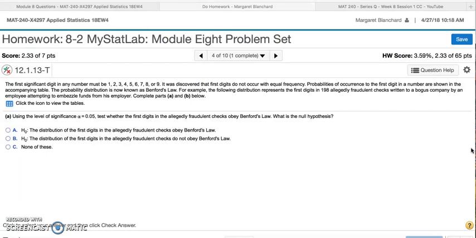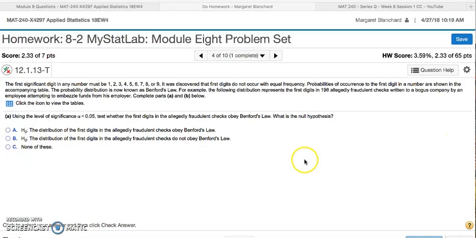It was discovered that first digits do not occur with equal frequency. Probabilities of occurrence of the first digit in a number are shown in the accompanying table. The probability distribution is known as Benford's law. So basically what we're saying is, even though you might think that the first significant digit would have an equal probability, it actually doesn't. It follows a probability distribution known as Benford's law, and we'll see that when we open up the table to